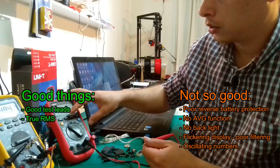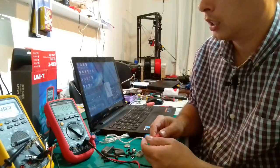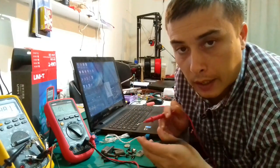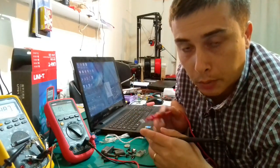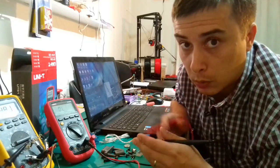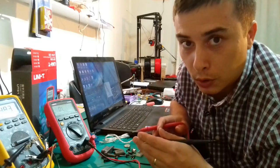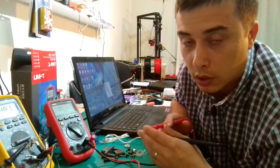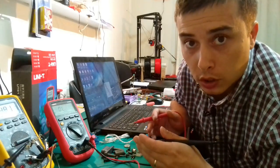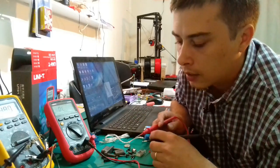For the next part, I would like to switch to the buzzer as usual and to see if it really has a continuous buzzing sound. Some people are really interested in this when they are testing a new multimeter. They are like, first of all, I need to hear the buzzer. If the buzzer doesn't sound good and it sounds like a very cheapish multimeter, then whenever I need to test the continuity of a cable and I will get some flickerings or interruptions or something like this, I won't know